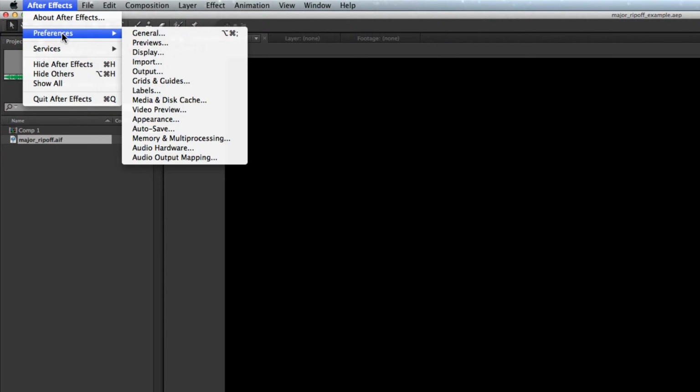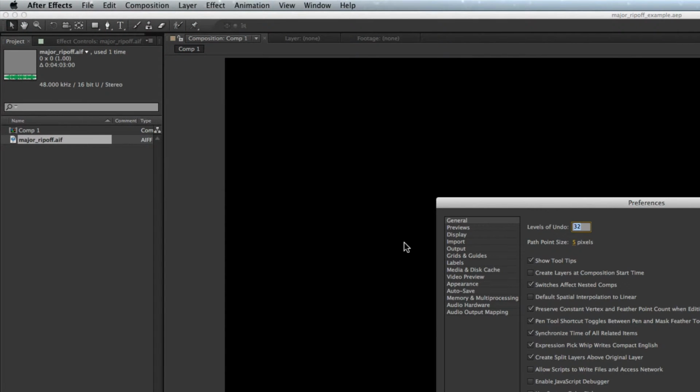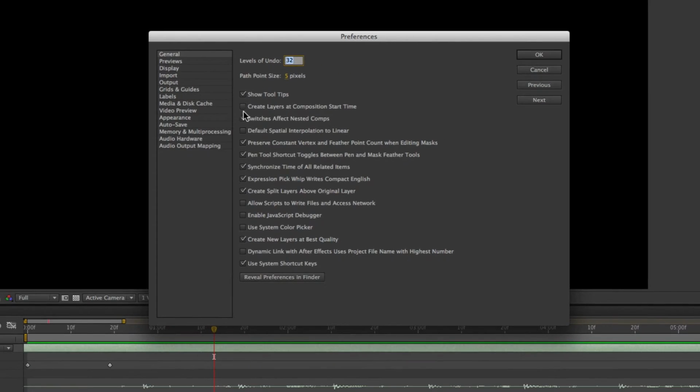work. So if we jump up to preferences in general, one of the things that we really want to make sure is that create layers at composition start time is deselected, because when this is deselected, it will create the new layers, such as the text layers, wherever your playhead is located. So by navigating to where the word starts and then creating a text layer at that particular point, everything will be timed up automatically. So this way, you don't have to keep going back to the beginning of the timeline to find your